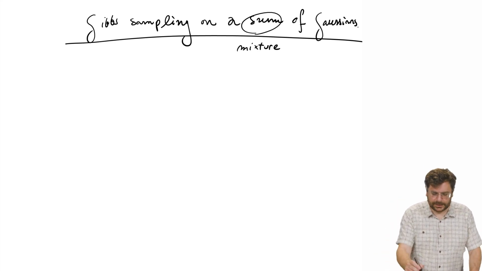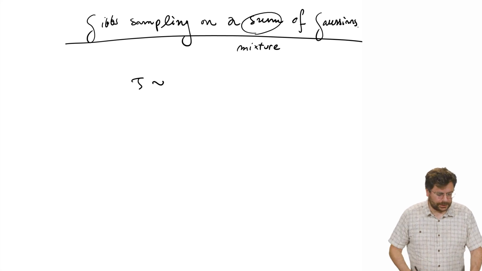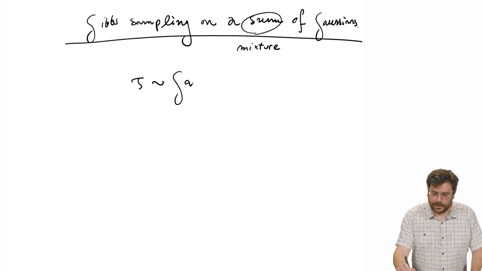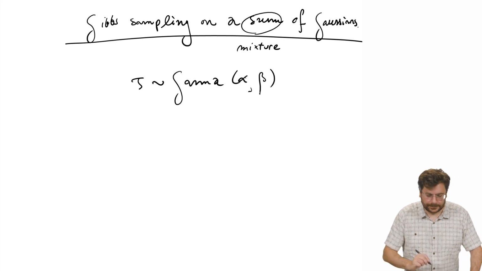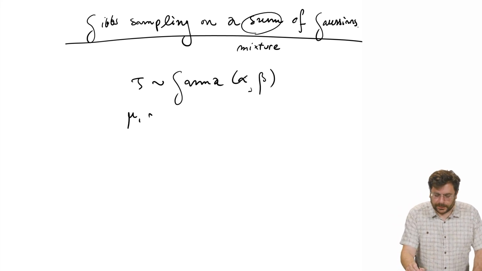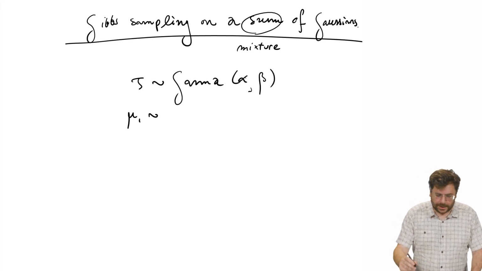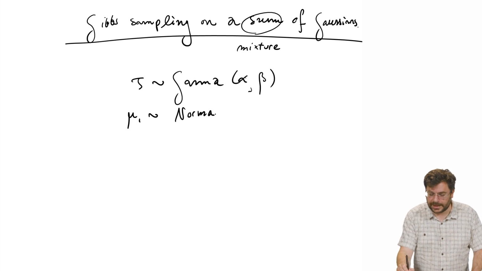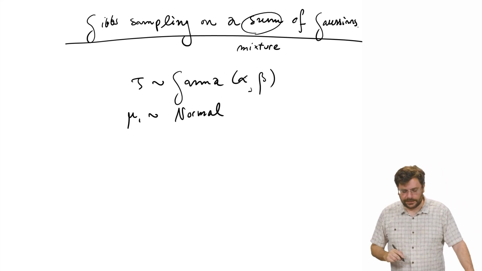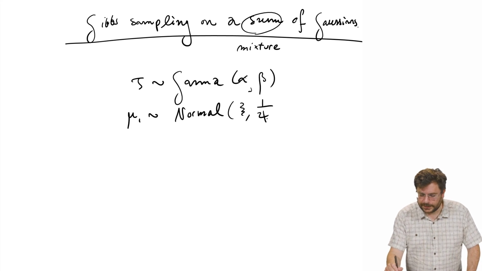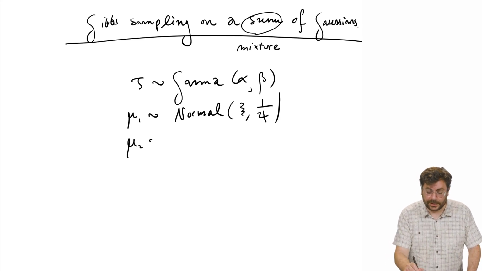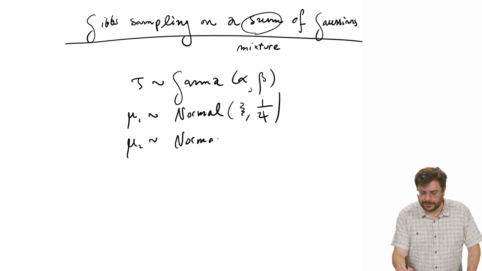So now let's go ahead and write down our forward model. We have a prior on the precision, alpha, beta. Then we have a prior on the mean for the first Gaussian. We're going to assume we have a sum of two Gaussians in our likelihood. So the normal is xi, and the precision is psi. We have another prior